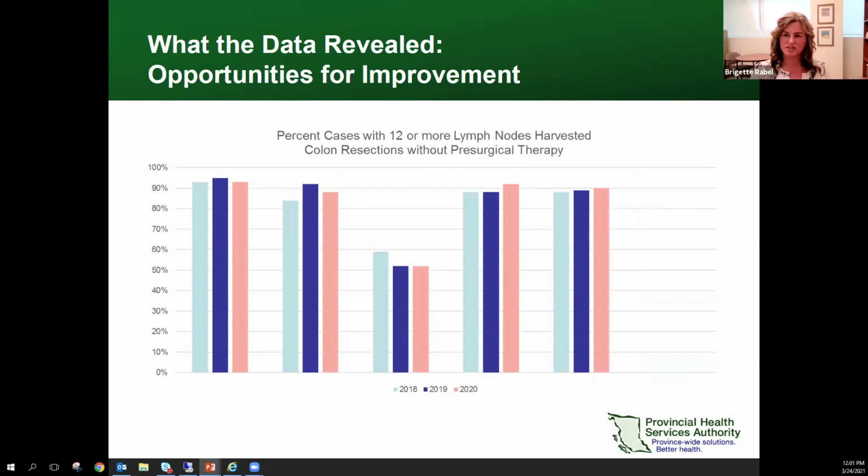This last graph shows the percent of cases with 12 or more lymph nodes harvested in colon resections. We excluded cases where presurgical therapy was given. So the data shows that lymph node harvest rate is variable between regions. We chose to work on this one to see if we could understand why some sites were getting a lower